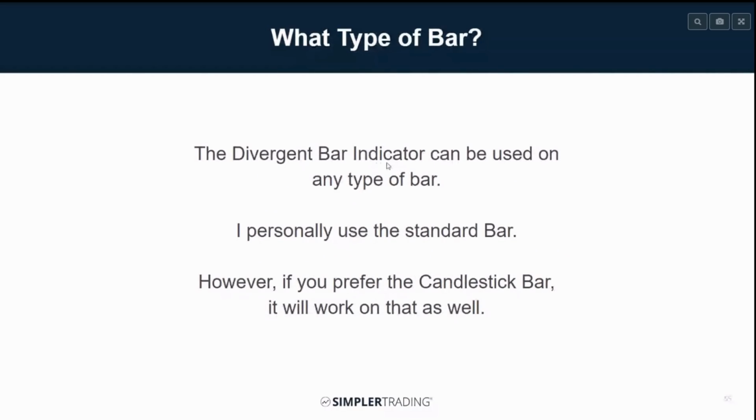So what type of bar? Well, the divergent bar indicator, because it prints on the bar itself, can technically be used with any bar type. I personally like the standard bar. I know a lot of you guys like the candlestick bar. It will work with that as well. For those of you who have the grab candles or the 10x bars,